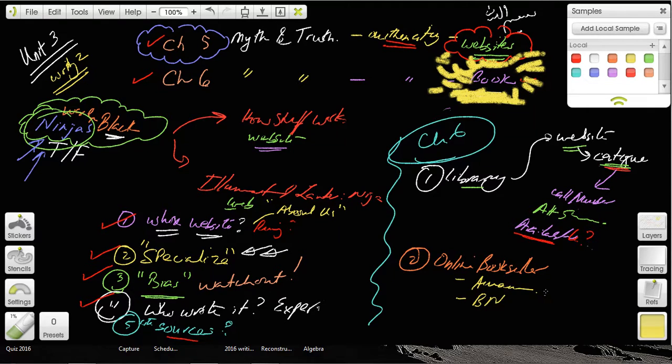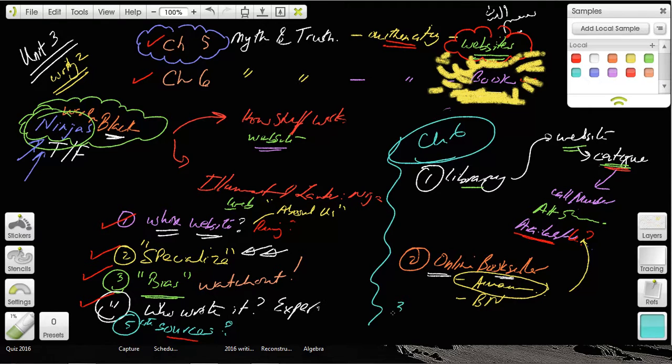The thing about Amazon, for example, that's good is if you like a book, you can actually check out some of the pages, and if you really like the book, then you can go check it out from the library. So Amazon allows you to sample some of the stuff in there. So you can search for the books of interest like this to see what books are available.